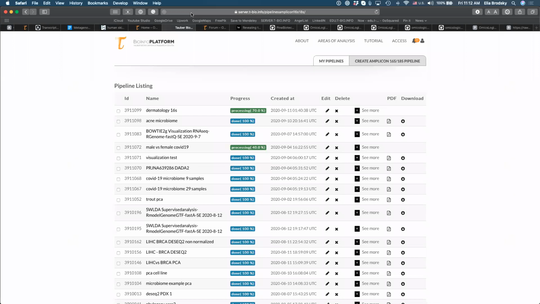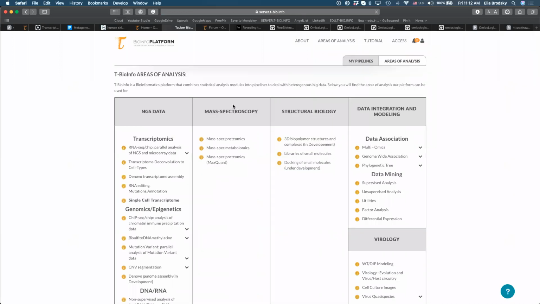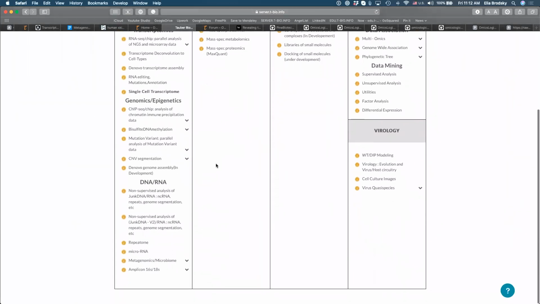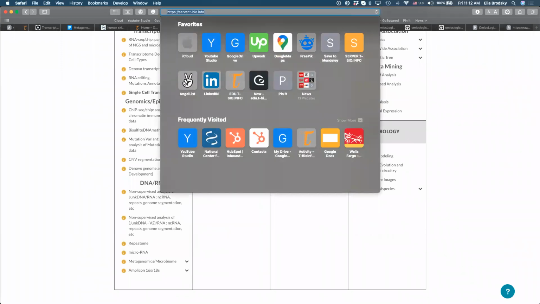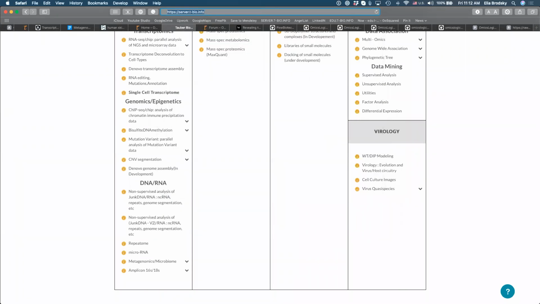Okay, if you go to the demo pipeline, I'll show you where to download all of the files. So if you could please go with me to server.t-bio.info. Let me know once you are here.